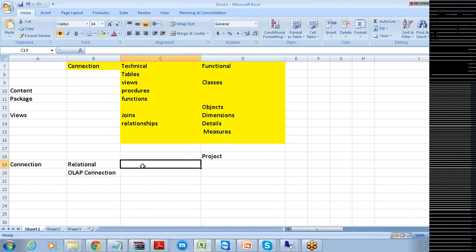Please note, the relational connection is to be created for the tables. Okay, it is to be created for the views. It is to be created for the procedures and functions.